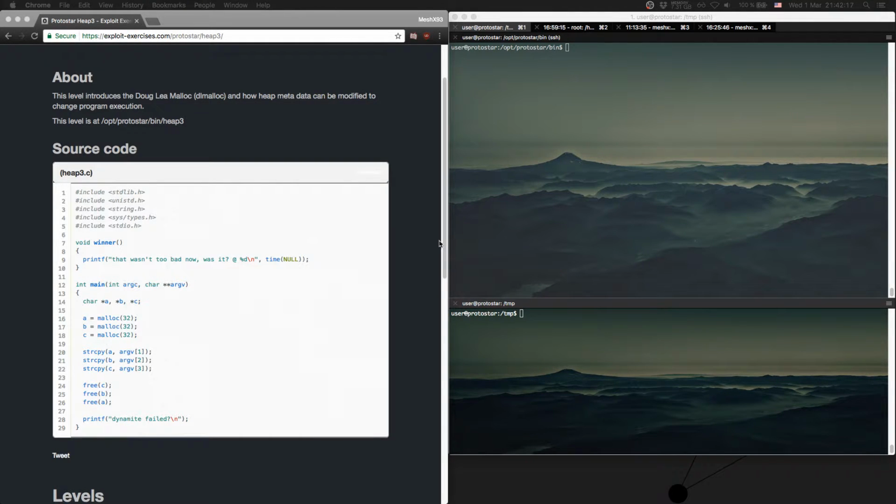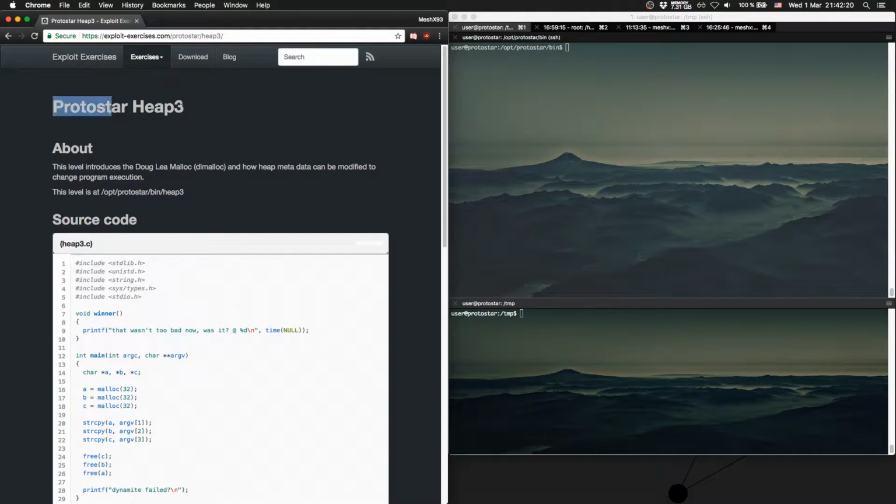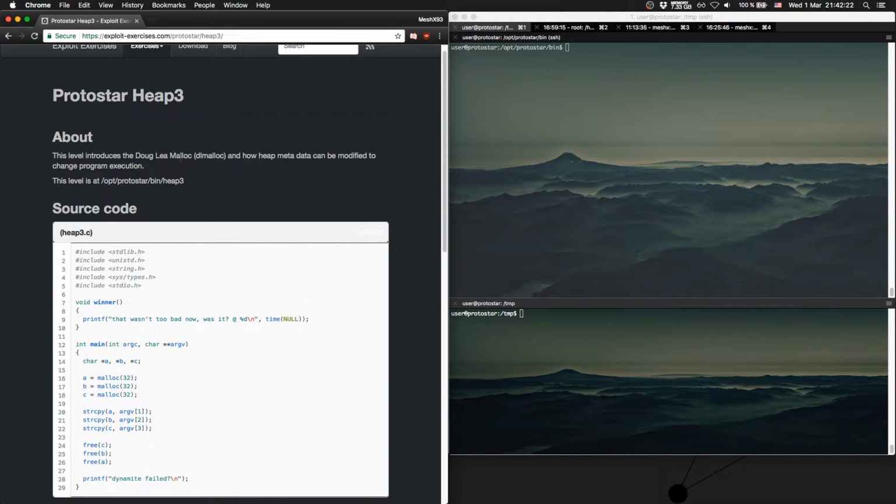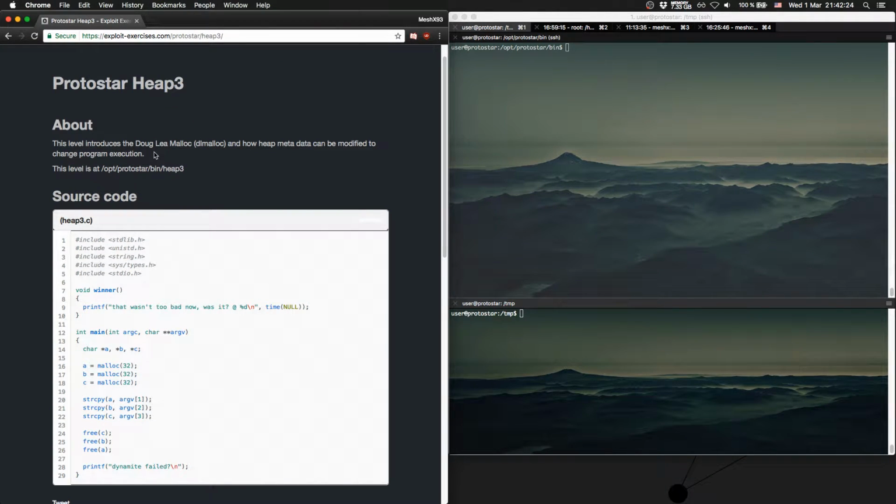Hello and welcome to the last heap level, Protostar heap level 3. The level description says this level introduces Doug Lea's malloc, dlmalloc, and how heap metadata can be modified to change